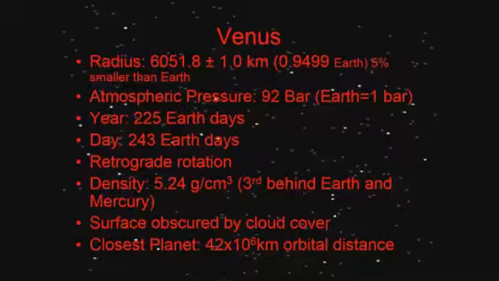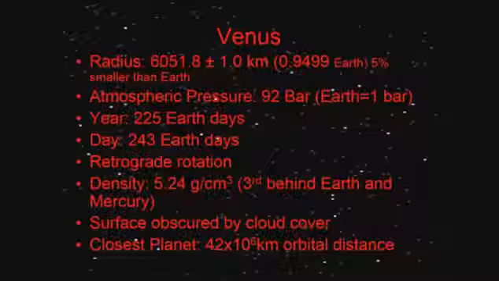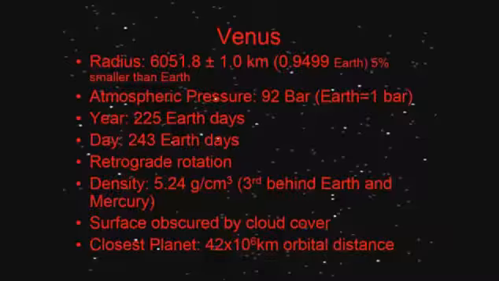You never actually see the surface of Venus. Any observations of the surface of Venus have been done at radio wavelengths. At visual or infrared wavelengths, the atmosphere is so thick that you can't actually see the surface, and the surface of the planet is completely obscured by cloud cover. It's also the closest planet to Earth. Mars has been explored a lot, and you always see a lot of fiction and a lot of discussion of the planet Mars that we will come to. But in terms of being our closest neighbour, Venus is it, at 42 million kilometres in orbital distance from the Earth.